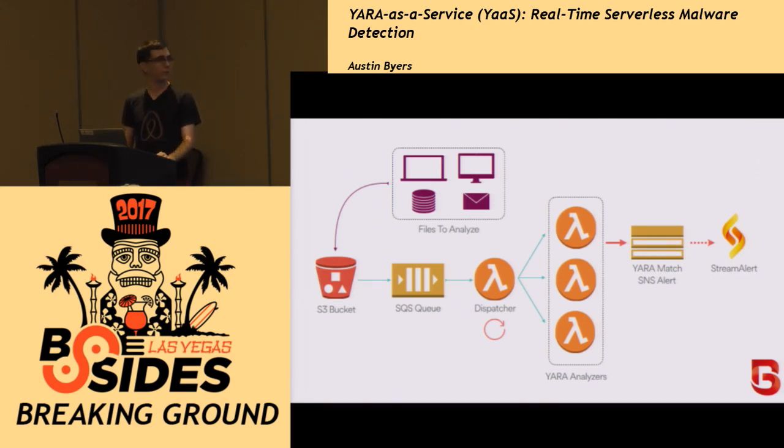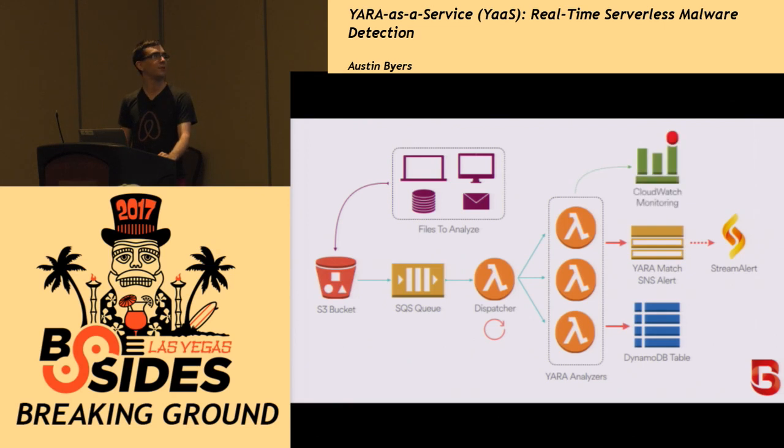But there's a little more we do here just to make this a production-ready service. So YARA matches are also saved to Dynamo, which is Amazon's NoSQL database service, just to have a record of every match that ever happened. As I said, we have automatic monitoring that checks the health of BinaryAlert. BinaryAlert uploads metrics about its processing, throughput, and so on. Those also will trigger an alert if anything is amiss. That can go to the development team instead of an analyst team.